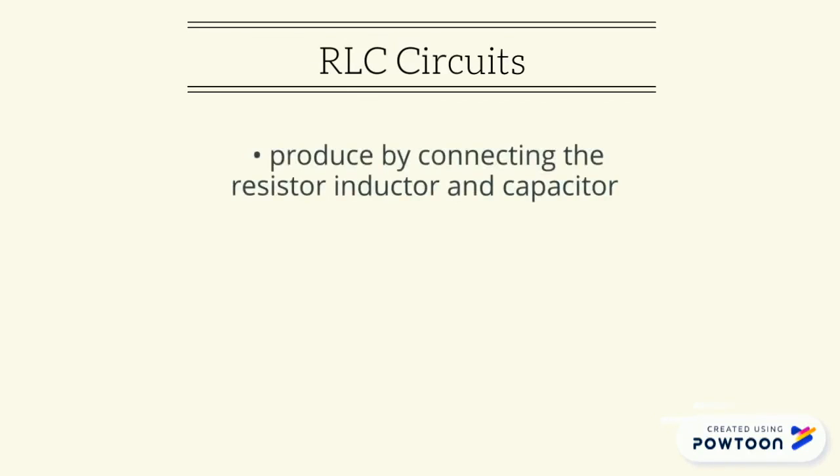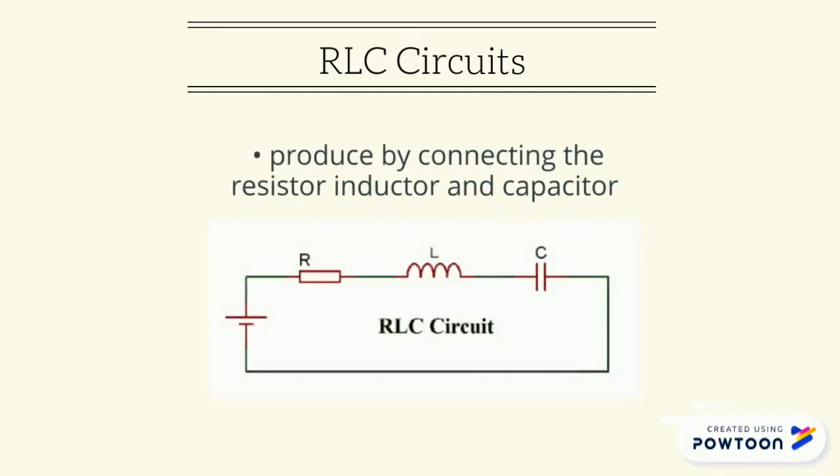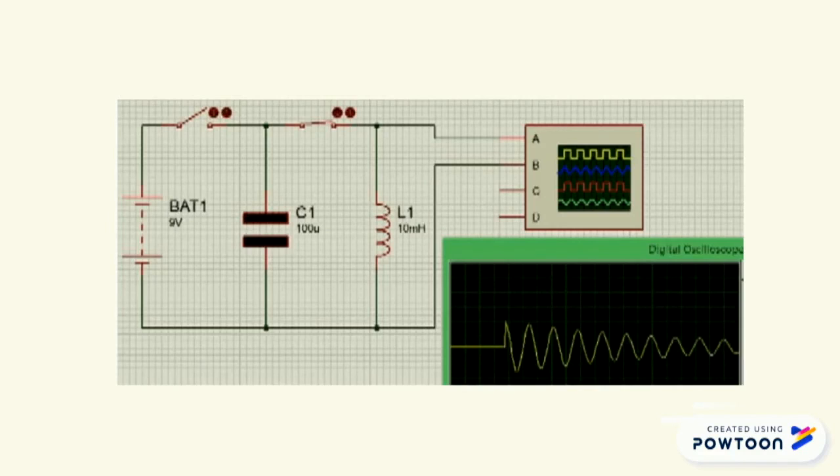Like RC units, resistor, inductor, and capacitors are connected to produce what are known as RLC circuits. Similar to RC circuits, when the first switch is closed, the capacitor is charged due to the battery source. After completing the connection to the inductor, the charge stored in the capacitor will move towards the inductor and charge it. Once the capacitor is fully discharged, the inductor will start discharging back into the capacitor. This way, charges will flow to and from the inductor and capacitor. But since there will be some charges lost in the process,